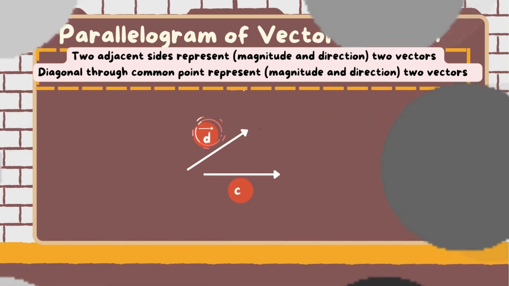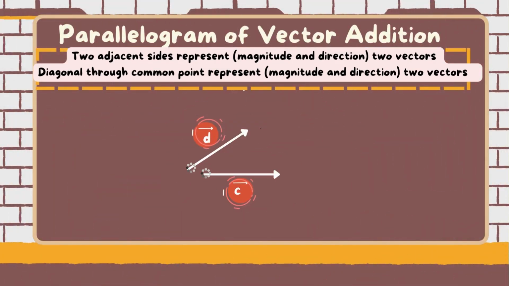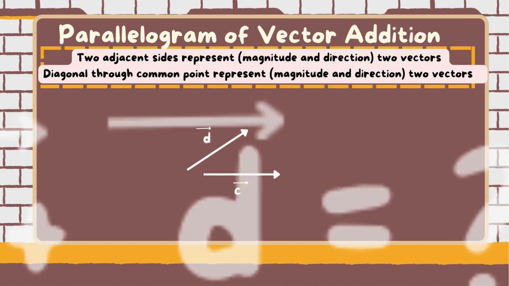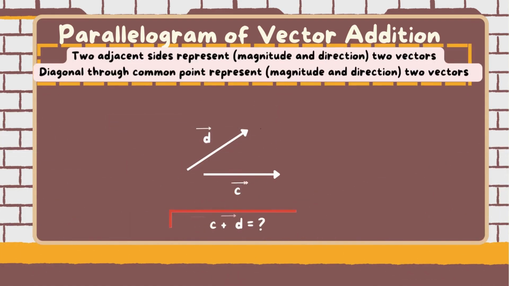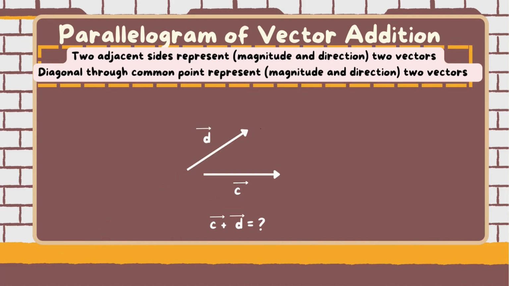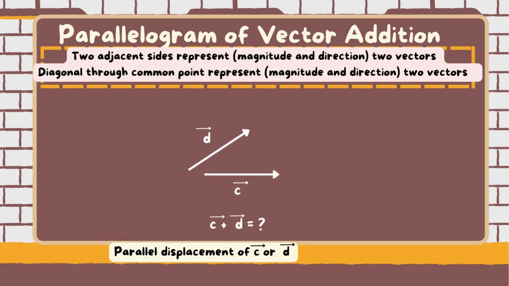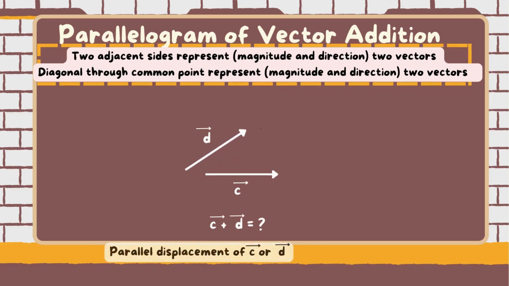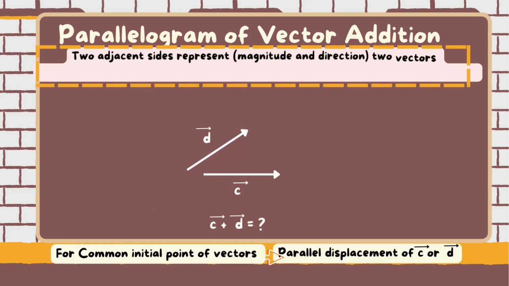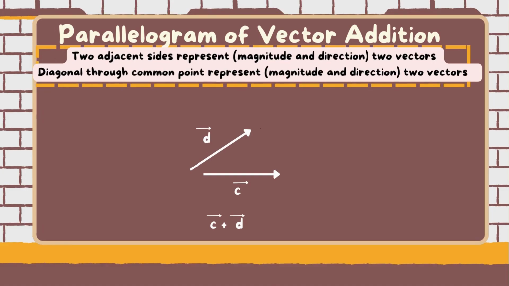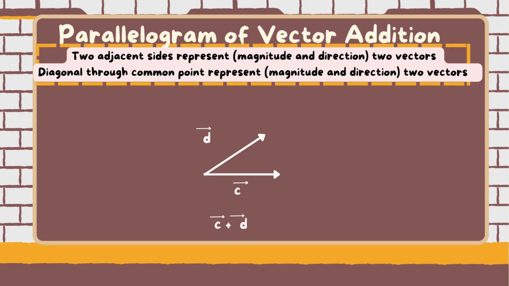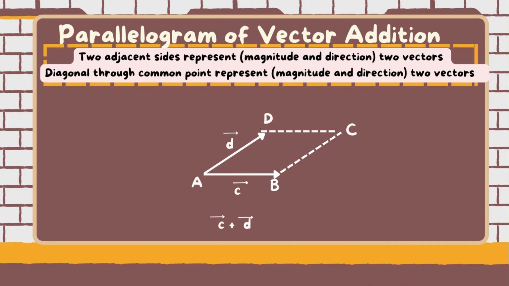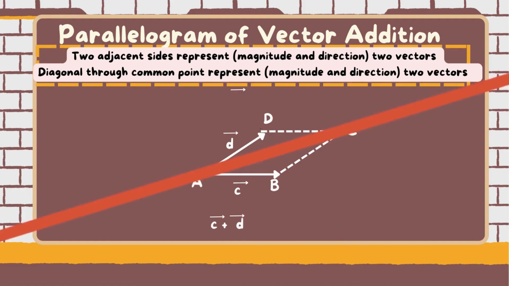Now suppose we are given these two vectors C and D whose initial points are not the same. Can you find their vector sum? For this, we will just have to move one of the vectors parallelly without affecting its magnitude and direction such that the initial point of both the vectors coincide. If we move vector D, then we will get this. Now, we draw two lines parallel to vector C and D to form a parallelogram. Then, according to the parallelogram law of vector addition, this diagonal will represent the sum of the vectors C and